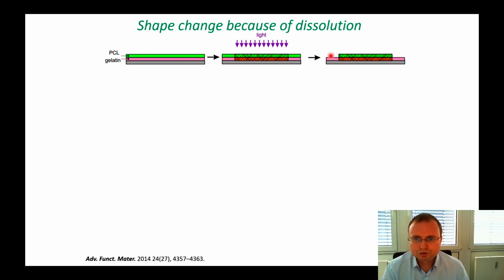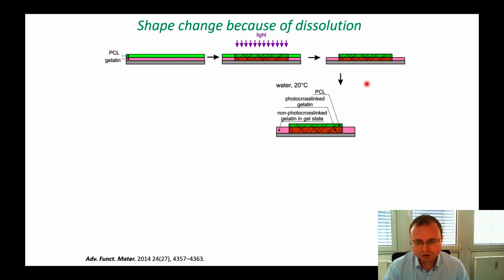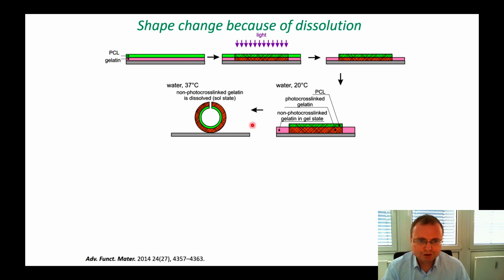We apply a solvent to dissolve the non-cross-linked polycaprolactone, so it is organic solvents like chloroform, and afterwards we get a kind of complex structure. If you expose this complex structure to cold water, both the cross-linked and non-cross-linked gelatin swell with the same degree of swelling, so practically it simply leads to the lifting of the polycaprolactone. The bilayer is not able to fold because it is basically held by the non-cross-linked swollen gelatin. And only if the temperature increases to 37 degrees Celsius, this non-cross-linked gelatin is dissolved and the bilayer can roll